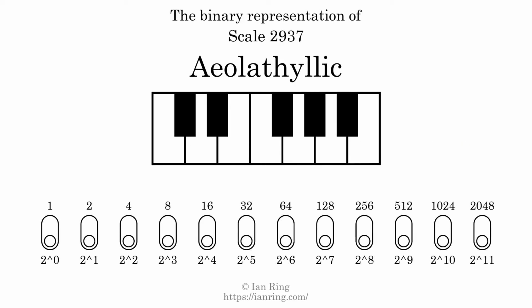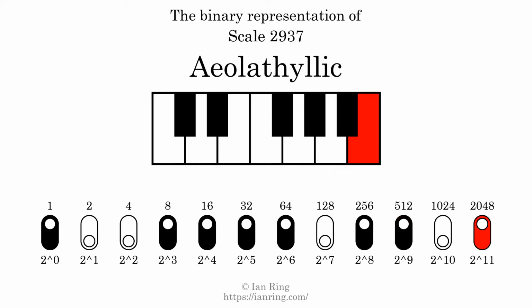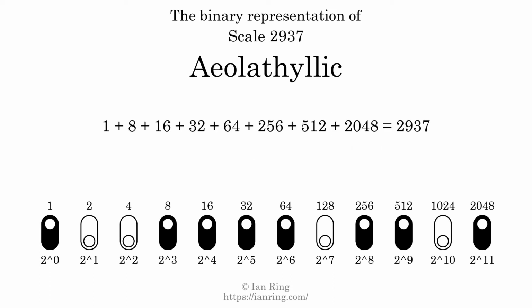The binary representation of this scale is determined by mapping tones of the scale to binary digits. Each binary digit represents a power of 2. To get the scale number, we add the powers of 2 together. The powers of 2 that are present in the scale, all added together, equals 2937. That is why the scale number, in decimal, is